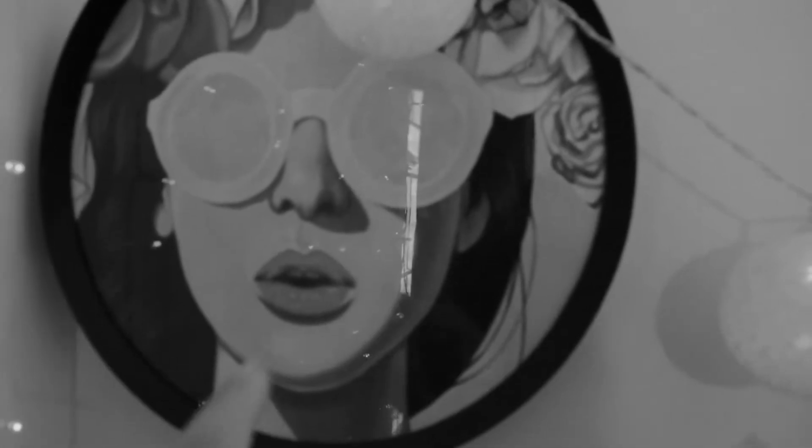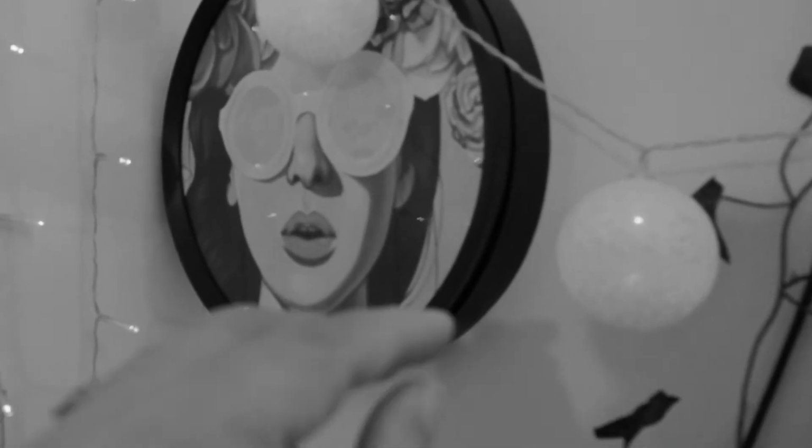Poster, I did a DIY. So I had this old clock. So